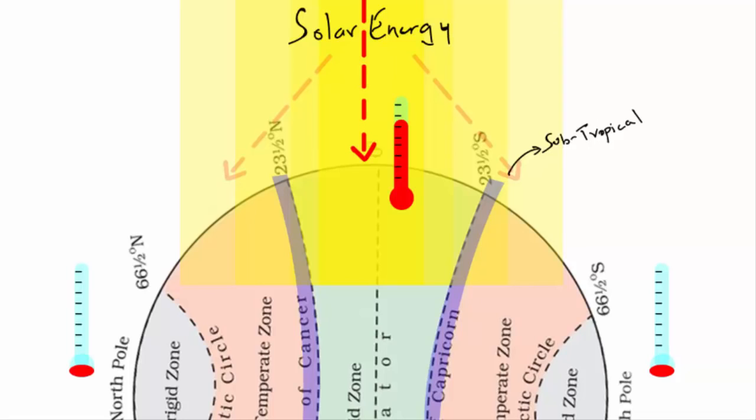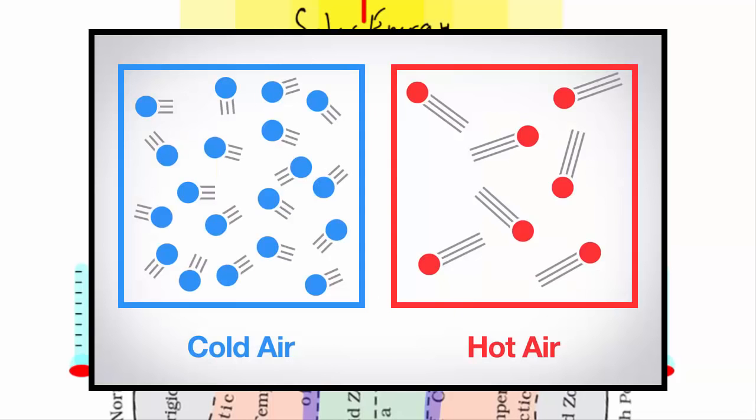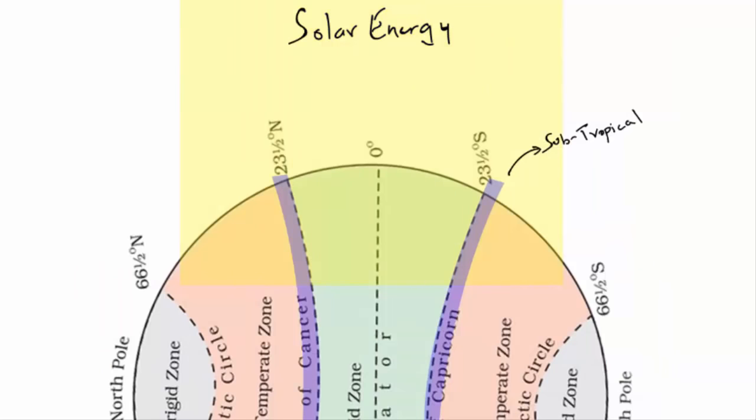Now let's try to understand the atmospheric circulation pattern, because this is what redistributes heat on Earth and makes life possible. Alright, so moments back I told you that however the Earth moves or rotates, the equator receives insolation all throughout the year. And that makes the equatorial region warm throughout the year. And we know that warm air expands and rises. Now having said that, the warm air at the equatorial region rises and moves towards the poles. That's why you will find clouds and rain in the tropical region. And you will also find that tropical region is moist.